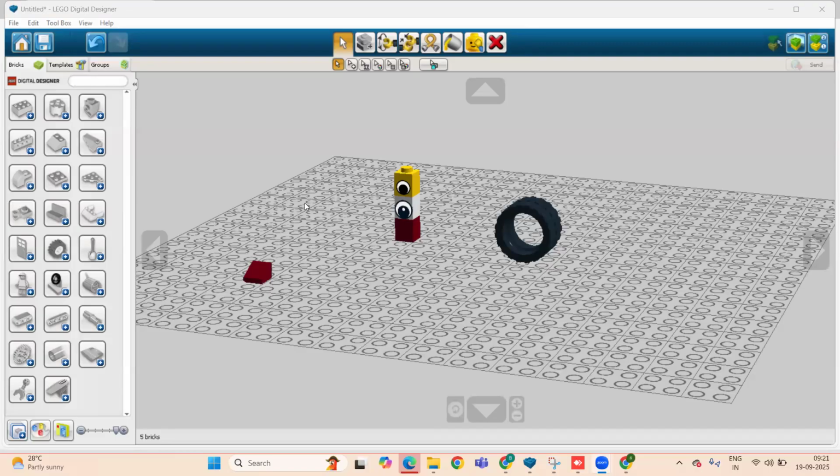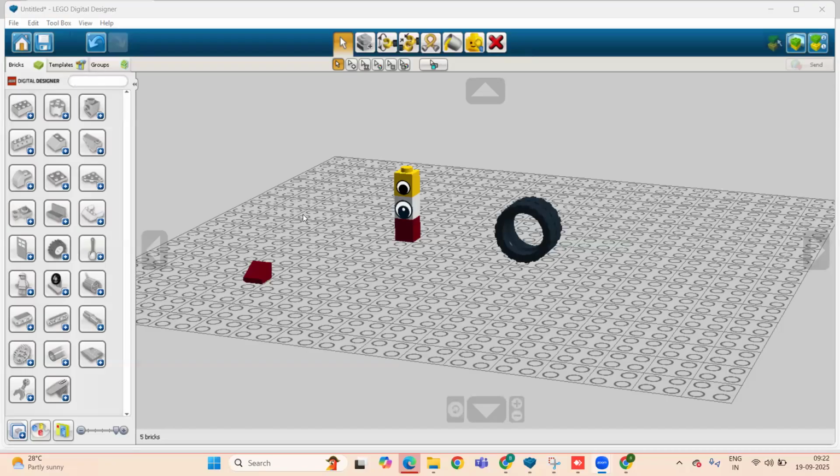Now here you can see the view and zoom tool, right? View and zoom tools rotate your model in 3D.